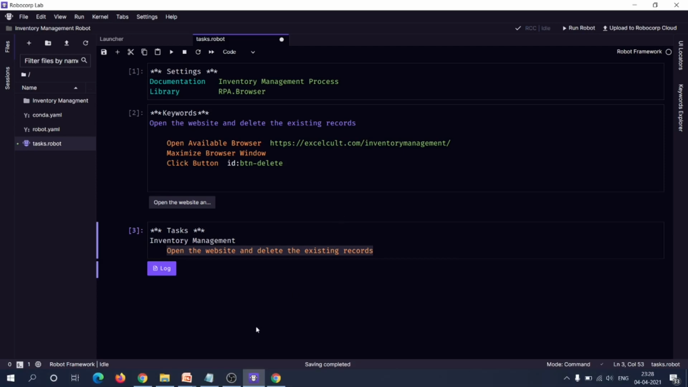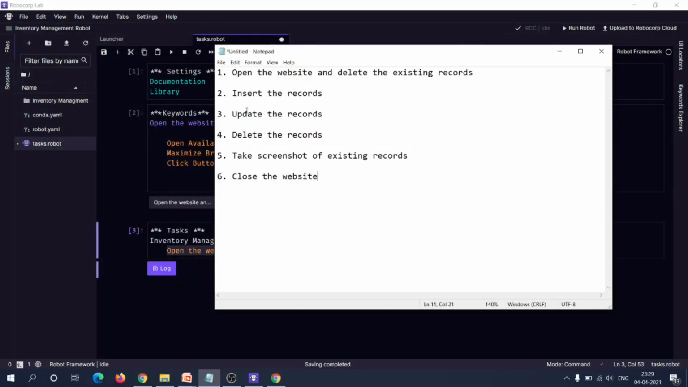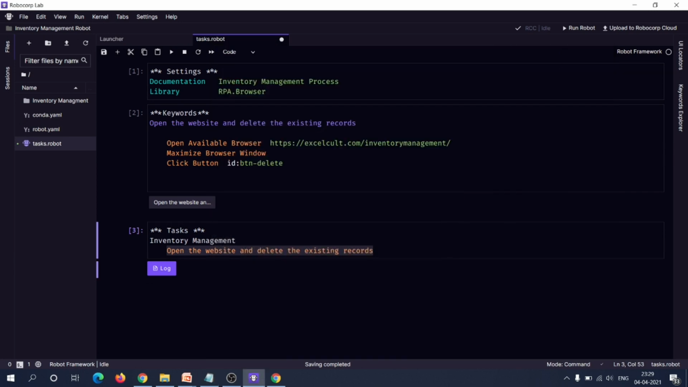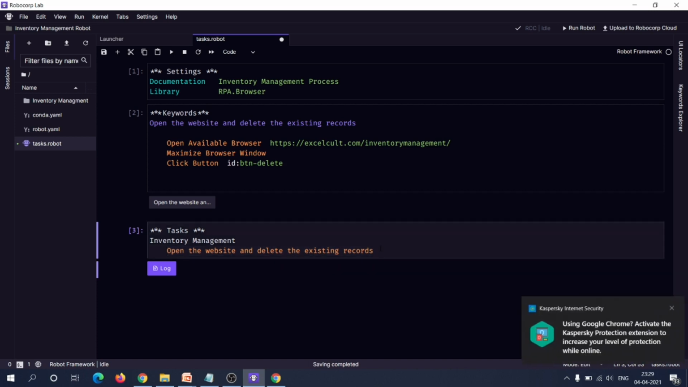Now let's move to our next step, that is insert the records. Here we are inserting the details into this inventory management website by extracting the details from the files that are present in the insert folder. So let me write the second step,